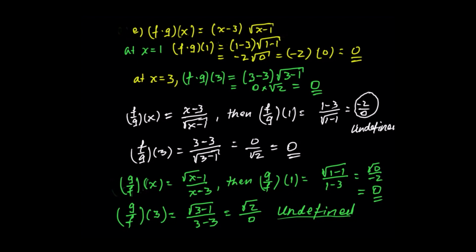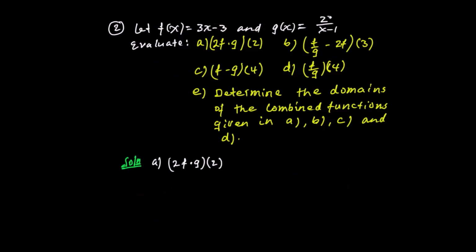ያንን ነው። ወደ ሁለተኛ ጥያቄ እንሂድ። እሺ ሁለተኛው ጥያቄ ደግሞ f of x equals 3x minus 3 and g of x equals 2 over x minus 1 ነው። evaluate 2f times g of 2, f over g minus 2f of 3, f minus g of 4, f over g of 4 ይላል። ይሄንን ኢቫሉዌት አድርጉ ነው። የመጀመሪያው ሶሉሽን a 2f times g of 2 ነው የሚለው። ስለዚህ ሌላ ደግሞ ለየት ያለና ቀለል ያለ አሰራር ላሳያችሁ።